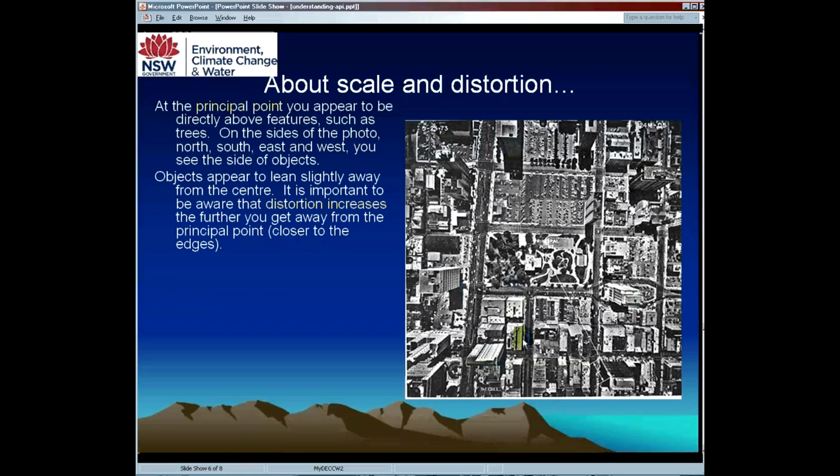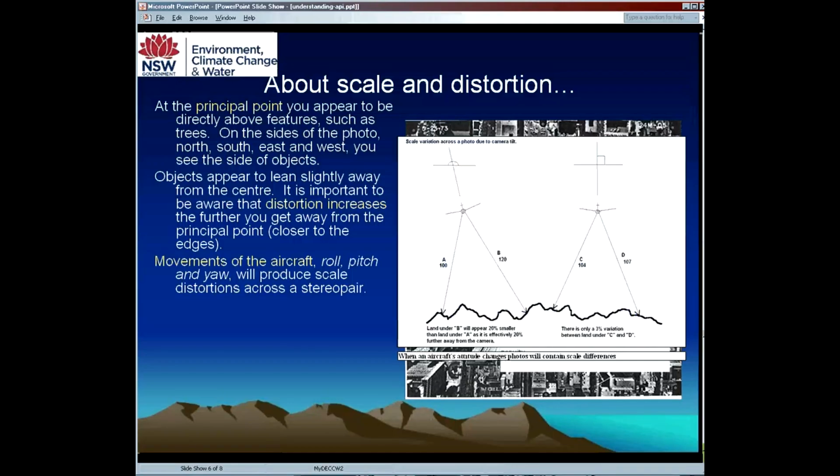Distortion increases the further away from the principal point that you move as well. Partially because of this effect, but also because any tilting of the plane and such is magnified, and I'll go on to explain that in a moment. Okay, where an aircraft is flying straight and level, you can have distortions through the height of the ground. Where an aircraft tilts, you can have distortions through the actual motion of the aircraft, as well as the shape